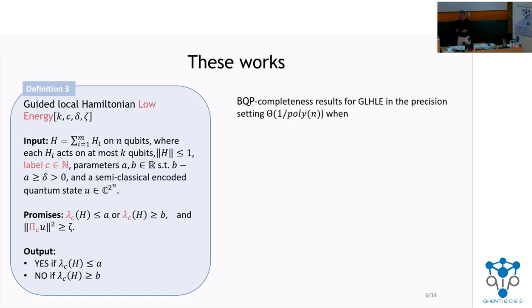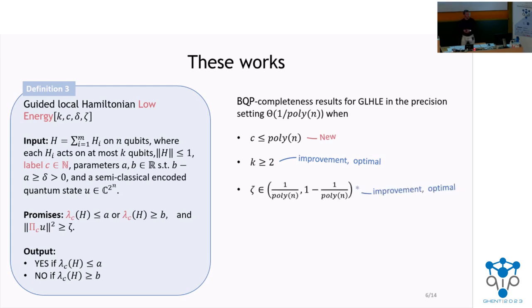And in these works, we show, again, BQP-completeness results, but then for this guided local Hamiltonian low energy problem, again in the regime of inverse polynomial precision, when the c is upper bounded by some polynomial in n, the number of qubits the Hamiltonian operates on, which is a new result. The locality can be greater or equal to 2, which is an improvement over the previous result, and it is optimal. And the fidelity can be 1 over poly, but also inverse polynomially close to 1, which is an improvement